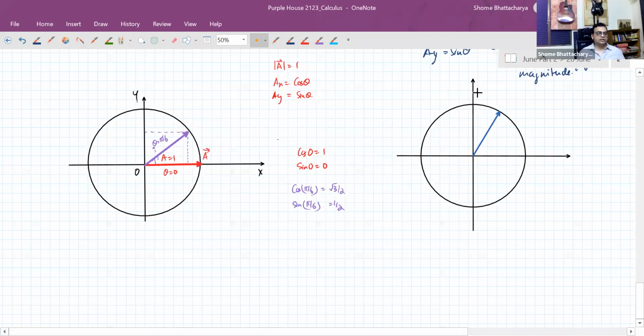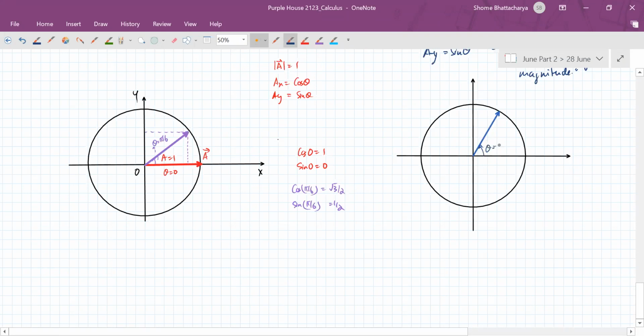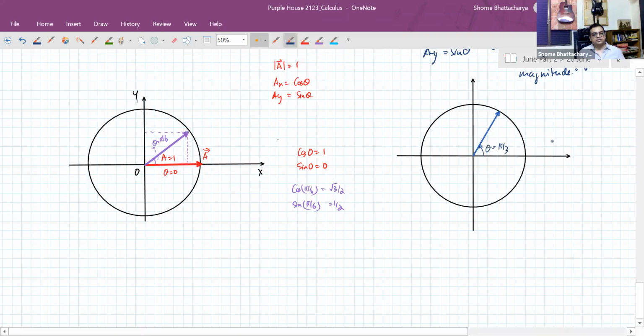The tip of the vector will describe a circle as we change theta. Now if we keep it at theta equal to pi by 3,